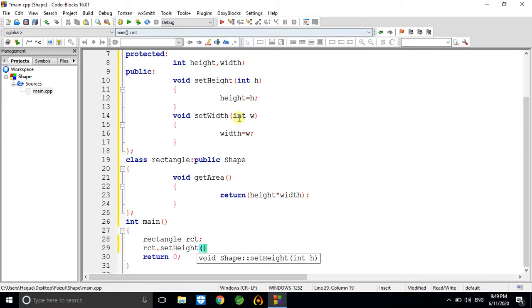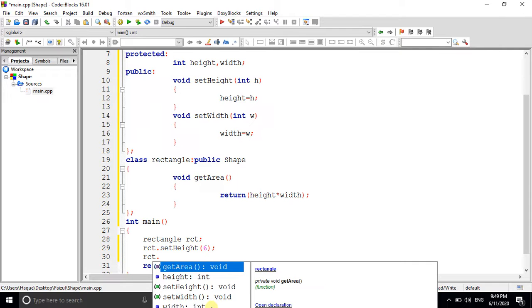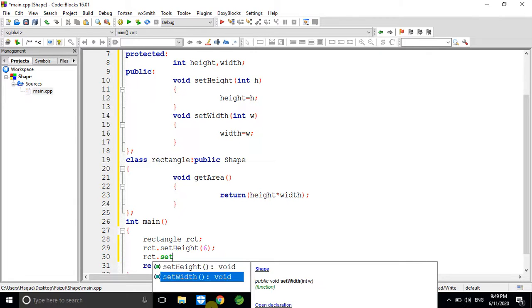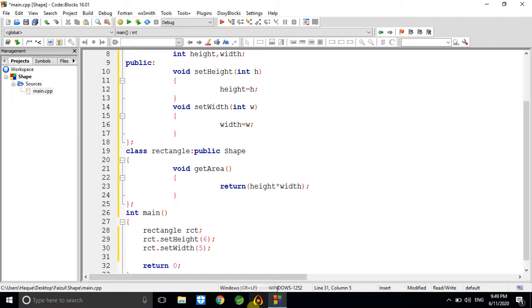Since we have defined one argument, height, you can give some height here, say 6. That means your height value will be 6. Again, if you want to set the width, setWidth, say width equal to 5. That means the value will be 5.